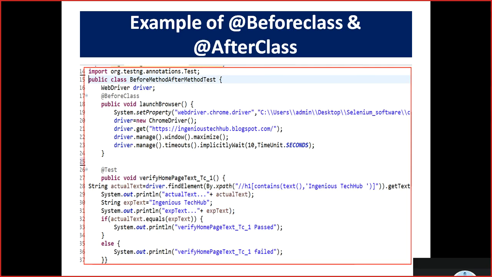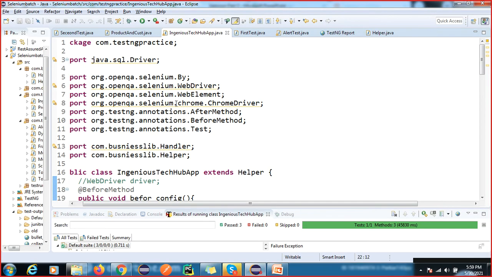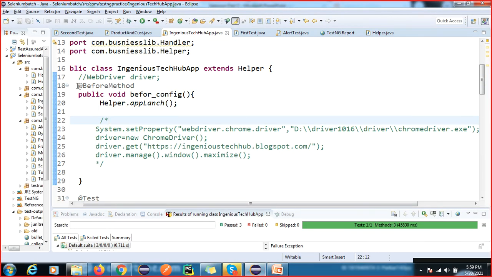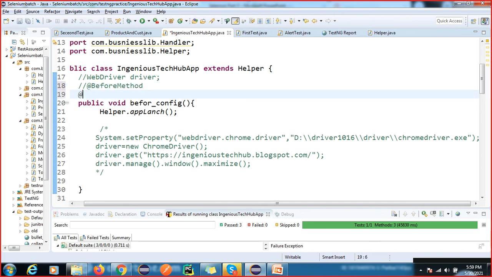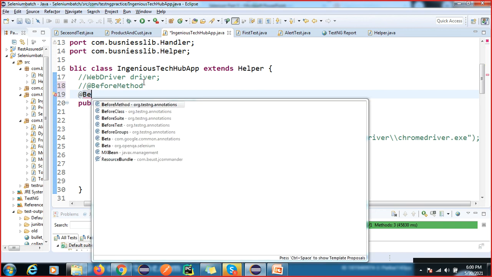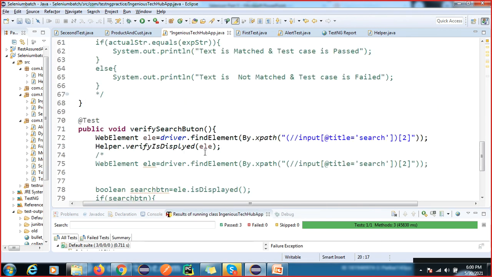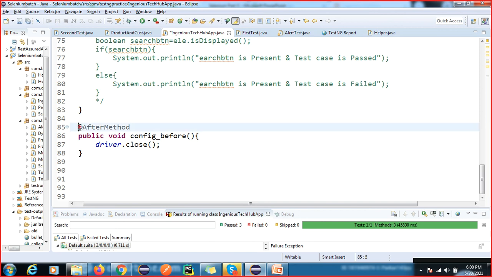That's why now in place of BeforeMethod I will use BeforeClass. I'm commenting this, and now I'm using BeforeClass, and I will use AfterClass here.